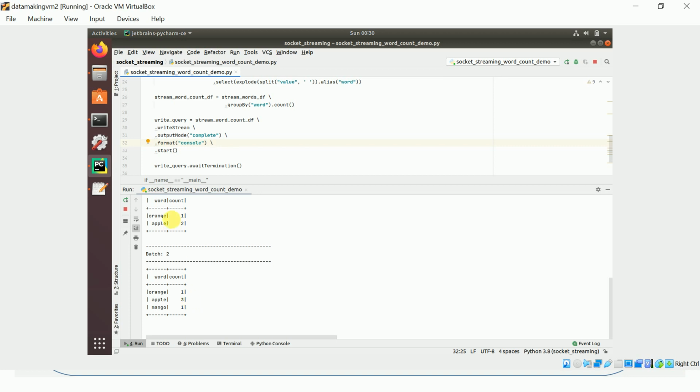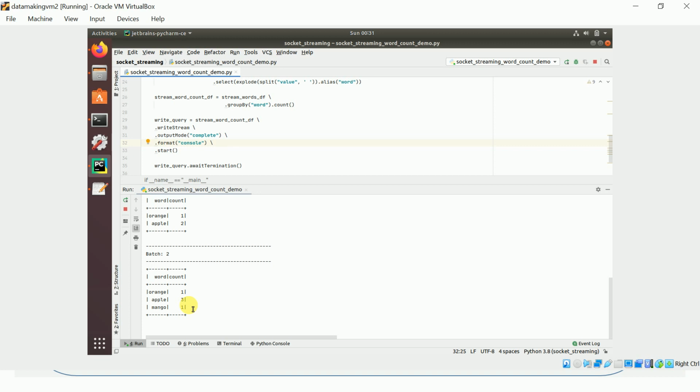So you see the apple count has become 3, and mango is 1 and orange is 1. So in the complete output mode, it will apply the aggregation on your entire unbounded table, which is actually your input stream.